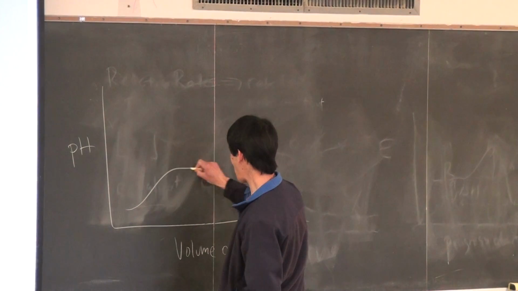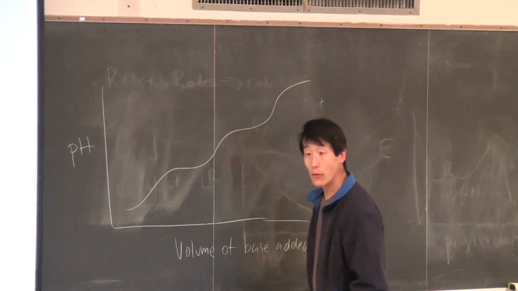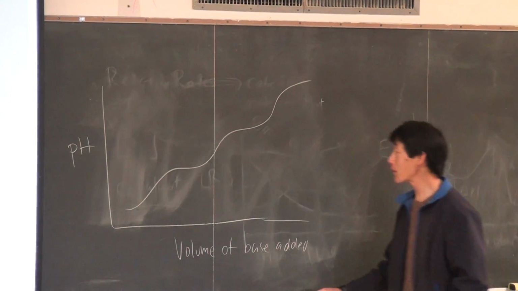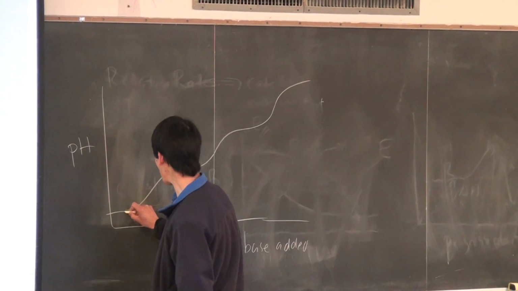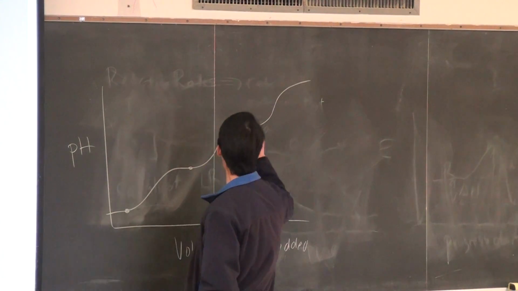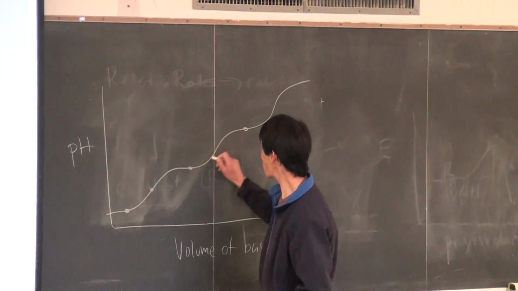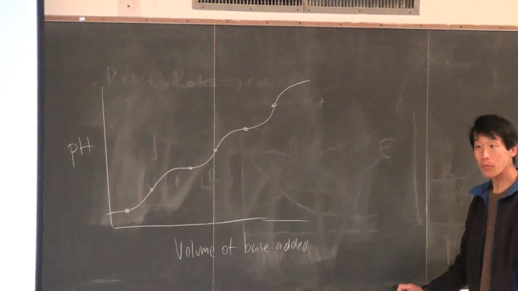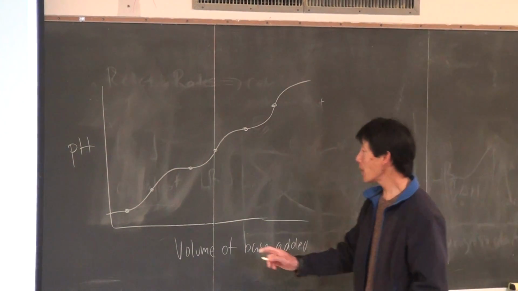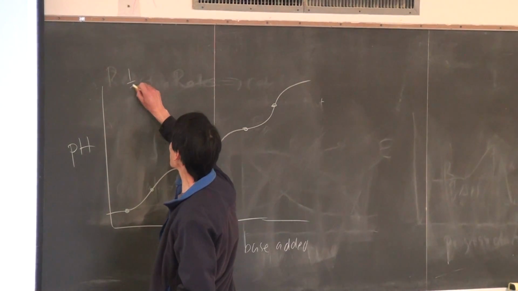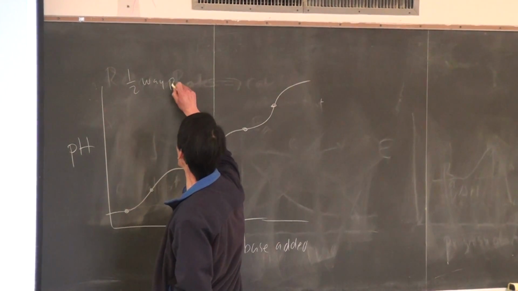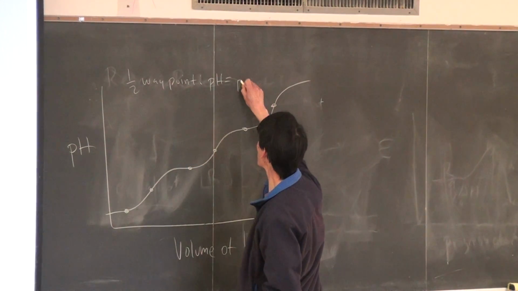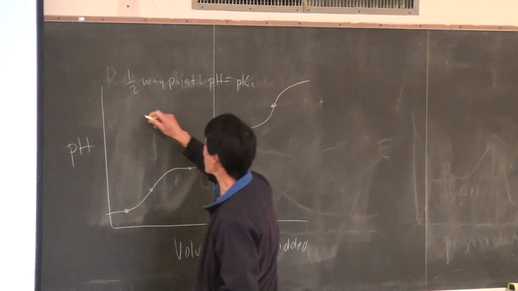In our titration curve, we see all these different steps. Based on this, we can figure out the pH at the halfway points and the pH at the endpoints, and we have a formula to do that. For example, at the halfway points, we know that pH is equal to the pKa. And then at the endpoints,